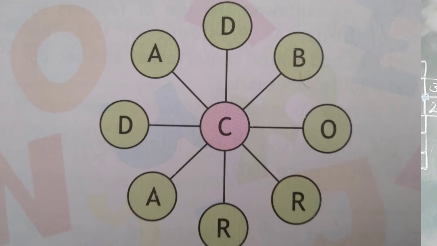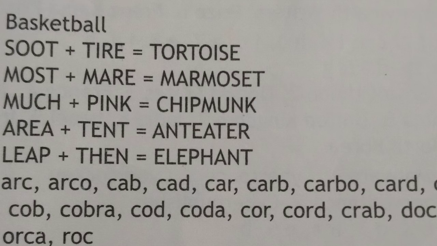Okay, third one. Using the brain tracker grid below, make as many words as you can. Each word must contain the central C and no letter can be used twice. However, the letters do not have to be connected. Proper nouns are not allowed. However, plurals are. Can you make a 9-letter word?